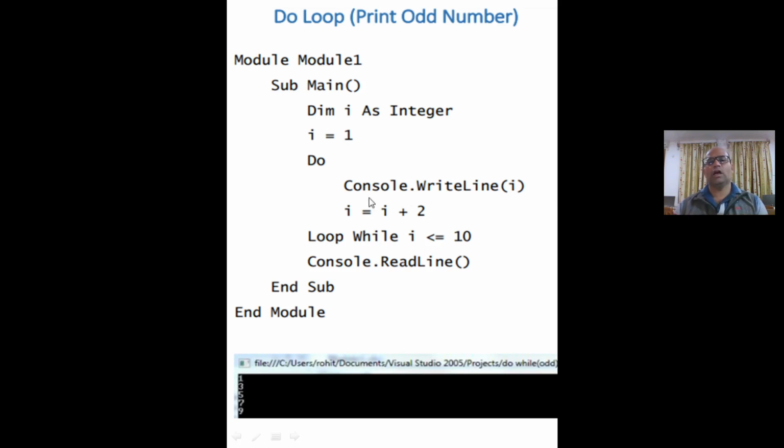After that, 3 plus 2 equals 5. Now the value 5 is contained in the I variable.